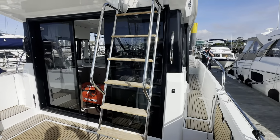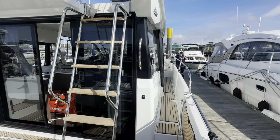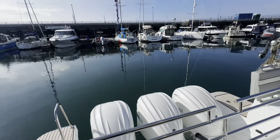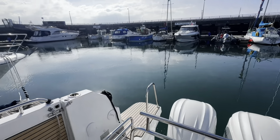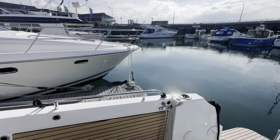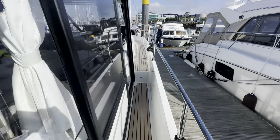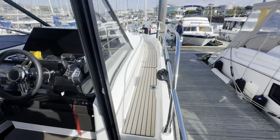Nice bright day, so I've got my willing crew over there. It's going to give me a hand. We shall manoeuvre out of this tight wall berth here at QAB, and then get on our way all the way over to Dartmouth. We've got a couple of spring lines that need to come off in bits and pieces,